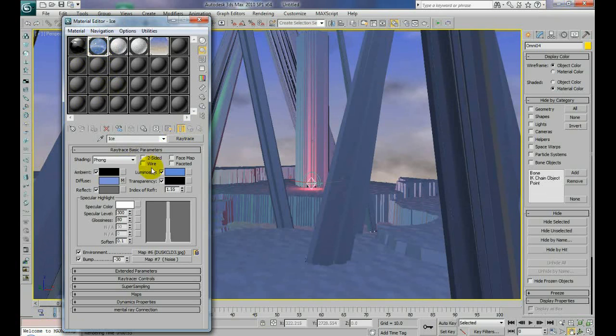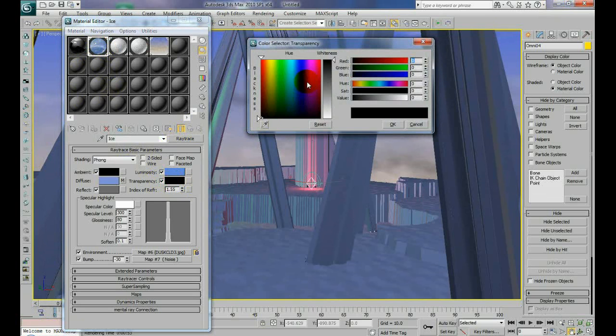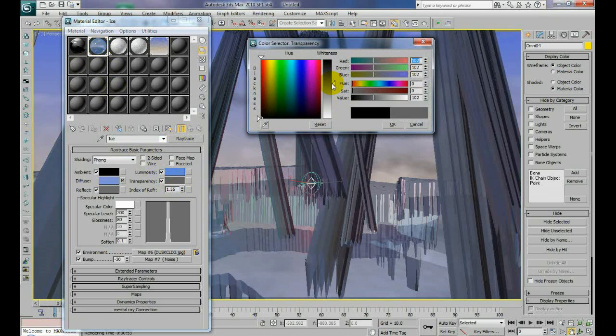Oh yeah, for the material, if you want to make the crystals see-through, just go back to your parent of the ice and tweak down the transparency. But it will render a lot slower. And if you make it see-through, you can change this index of refraction here to make things sort of like looking through a magnifying glass, or when you see something through a cup, how it bulges